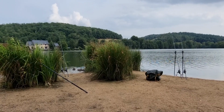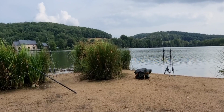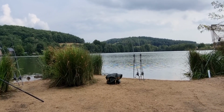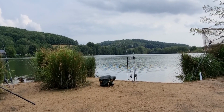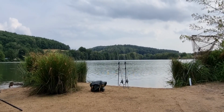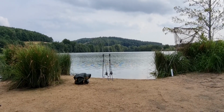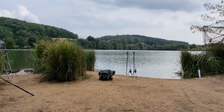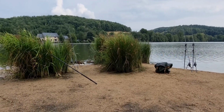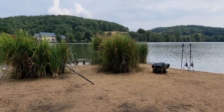Well, today was a bit more like it. I had 6 bites from this morning and this afternoon, and some better fish as well. Seems to be a few better ones showing last night, and I was fairly optimistic that if I was going to get any bites I might pick up a better one or two. And yeah, we did, luckily, which was nice. Could have done with those conditions staying on for a bit longer, but